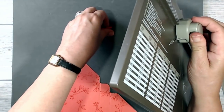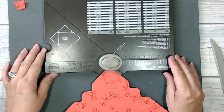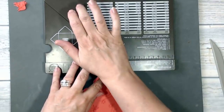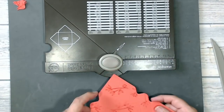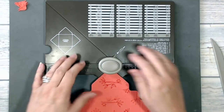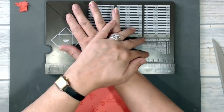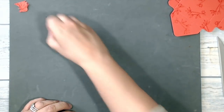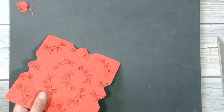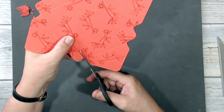So the other side of the punch, this edge, is a corner rounder. So all I have to do... now I am finished with my envelope punch board, and I'm just going to bring in my snips, and I'm just going to cut away